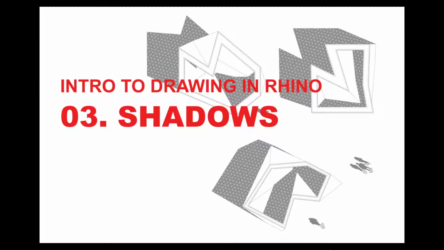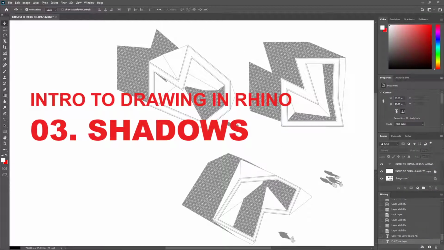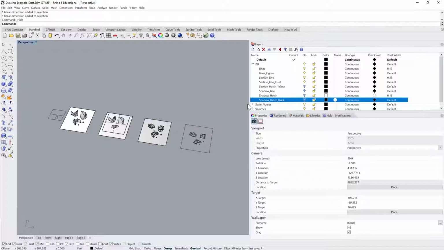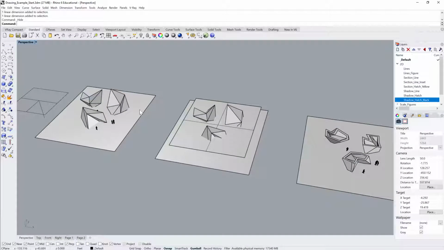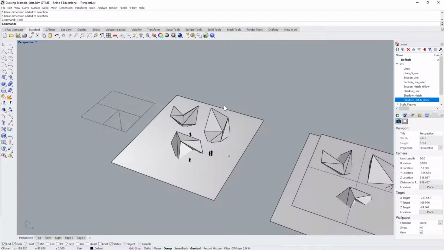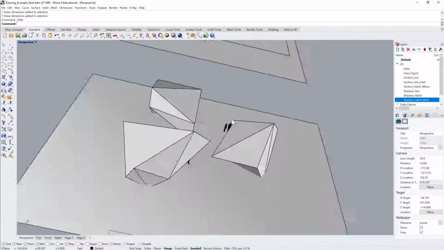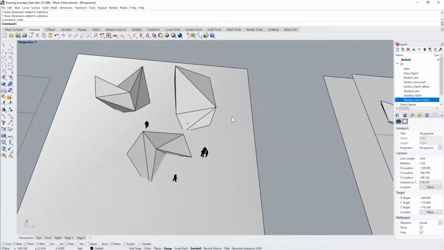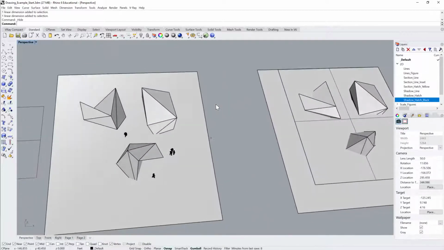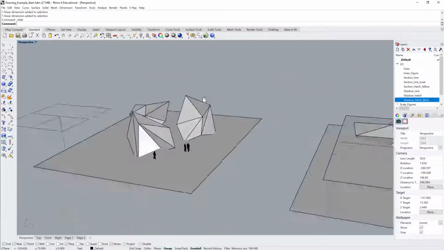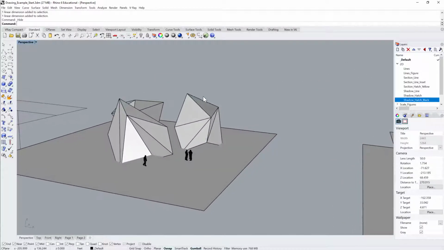Okay, so in this video we're going to talk about drawing shadows in Rhino, and in the next video we'll talk about hatches. Shadows probably take up an entire video. Okay, so let's look at this geometry that I have, and there'll be some other tricks in here which hopefully are useful. So we want to put shadows on the plan that we've been looking at, and that plan